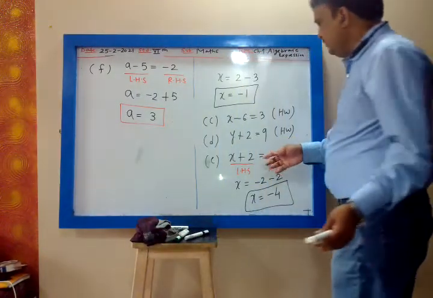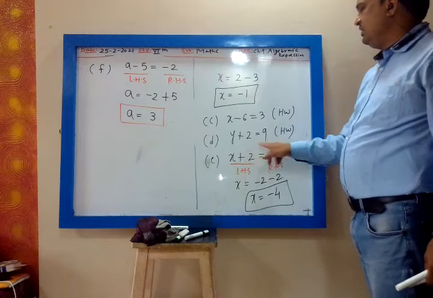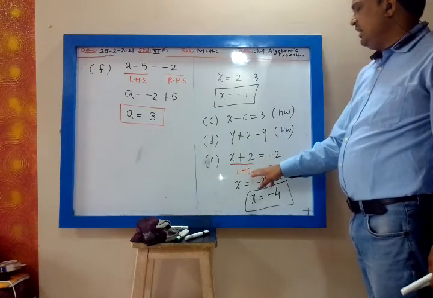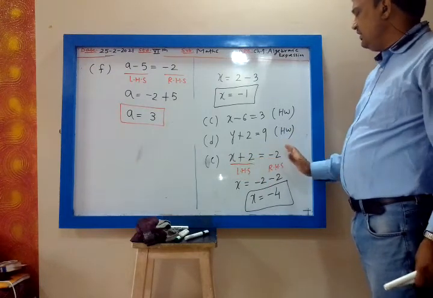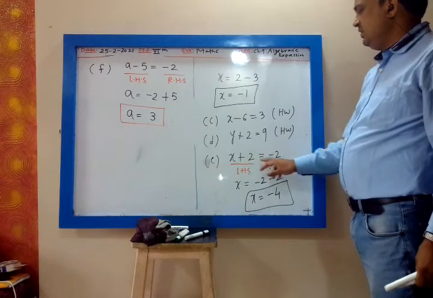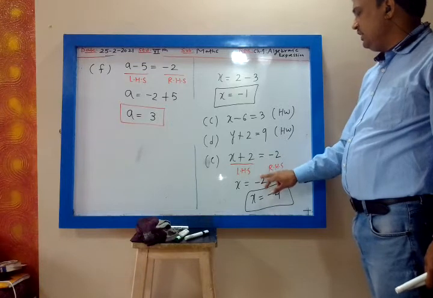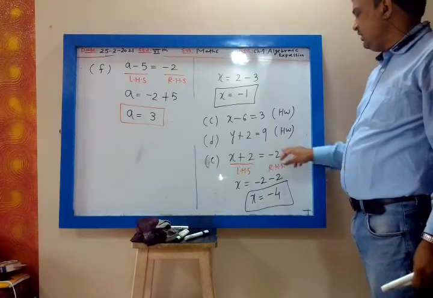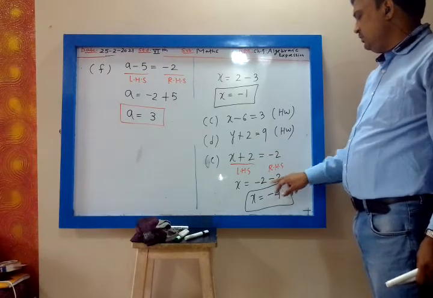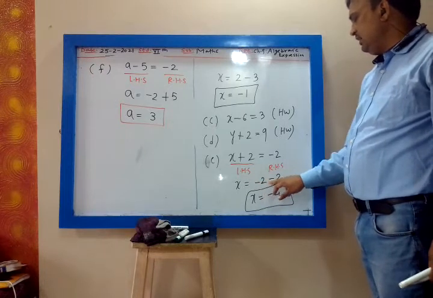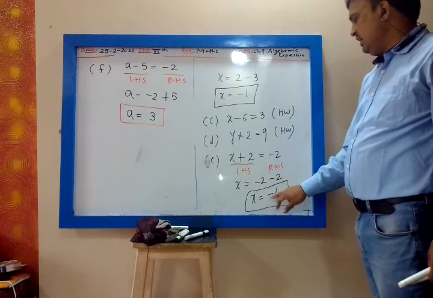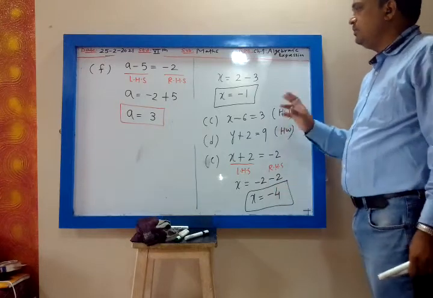My dear, we are taking this plus 2 on the other side. On the left hand side we keep the variable and on the right hand side we take all the numbers. So minus 2 we keep on the right hand side. But this plus 2 we are taking on the right hand side, which becomes minus 2. Minus 2 minus 2, same sign. You take the common sign minus, add the numbers 2 plus 2, 4, minus 4.